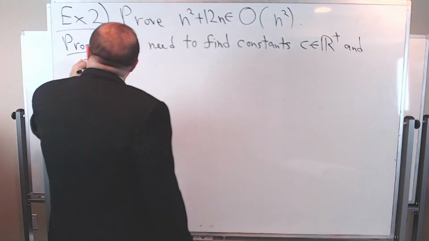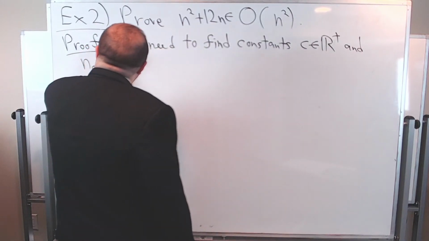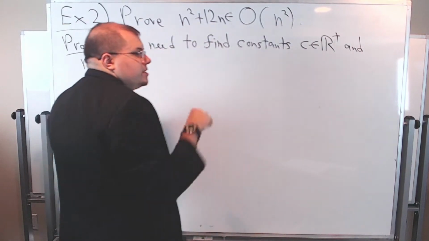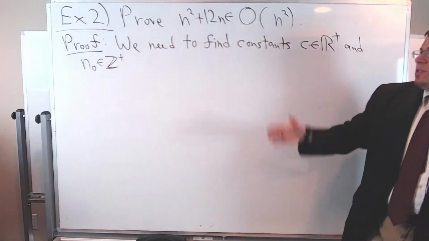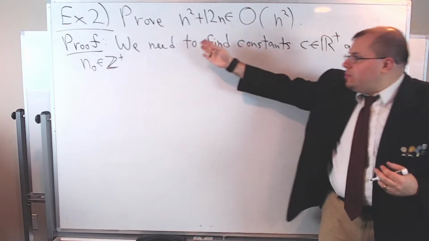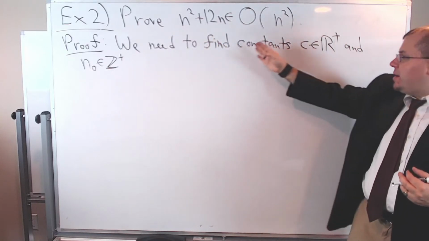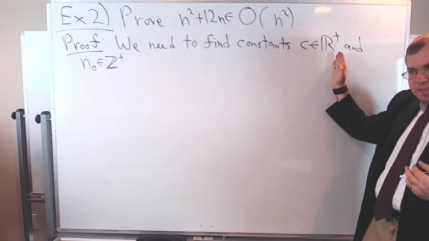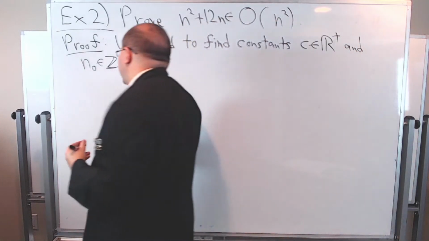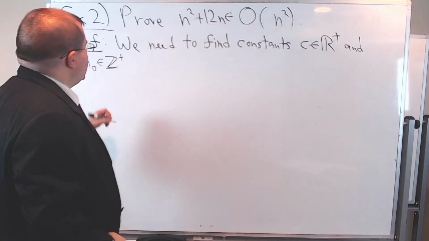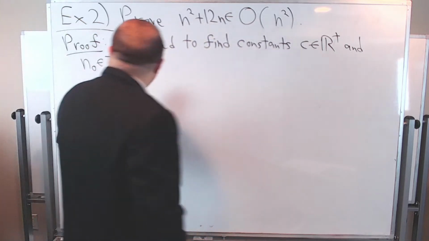I should stress that I'm oftentimes using this set theoretic notation to denote what C and n0 are. If you don't like that, just simply write out the words: we need to find a positive real constant C and a positive integer constant n0. Maybe in a future example I'll do that. We need to find constants C and n0,